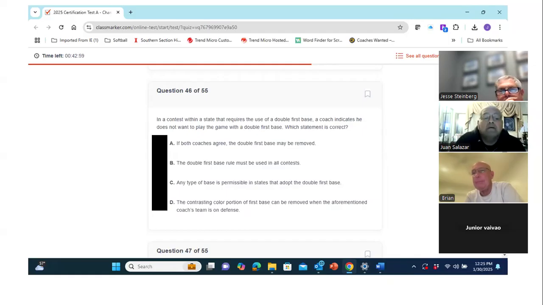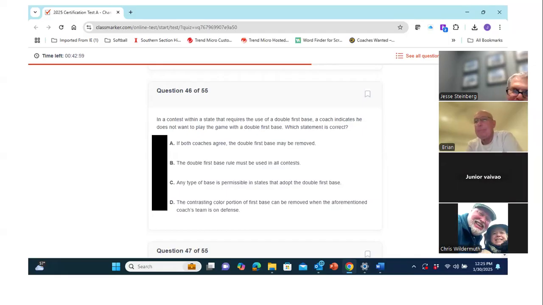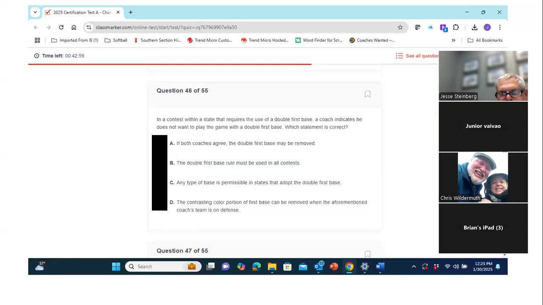It says it's required. B. If the state requires it, it's required. So what's a contest within a state that requires the use of a double base? If the state requires you to use a double base, when can you not use a double base? When you're in a state that doesn't require it. When you move to another state.